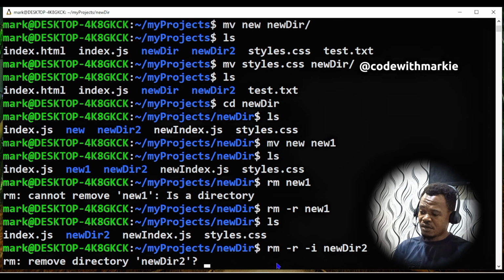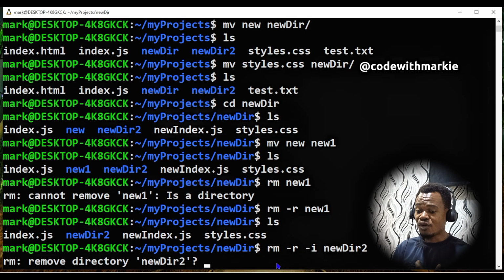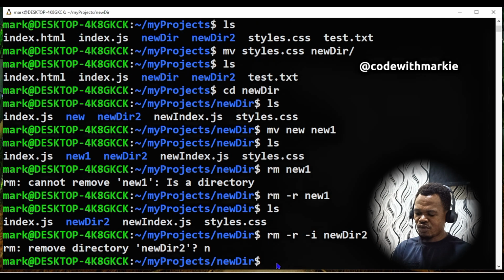You see, rm remove directory new directory 2? Oh, it's asking a question. So it's waiting. It didn't just remove the folder. It's asking you, are you sure you want to remove it? Now, if I put N for no, and we check,